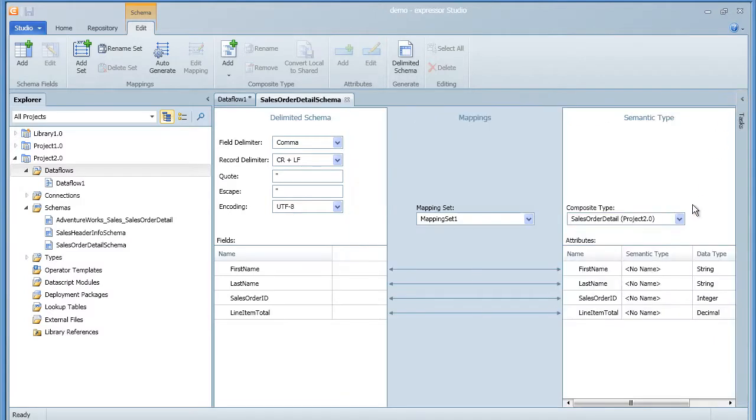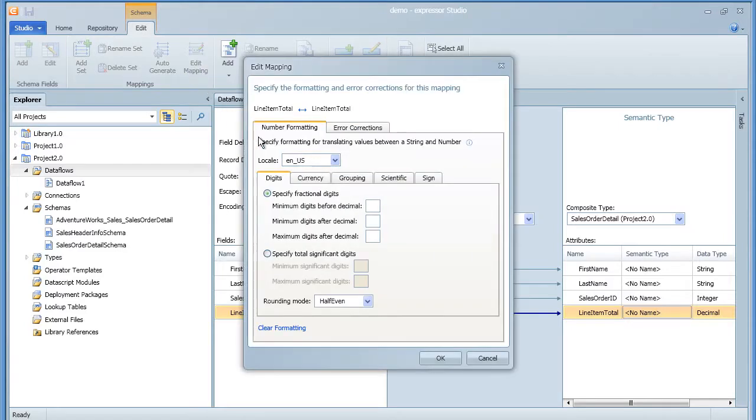Now we can do one other thing to make this application even better. And that is, we can change the mapping applied to the total sales order so that it's properly formatted. In other words, we want a $ sign in front of the value, a comma after the thousands field, and a dot before the decimal places. So we open the mapping for this attribute,